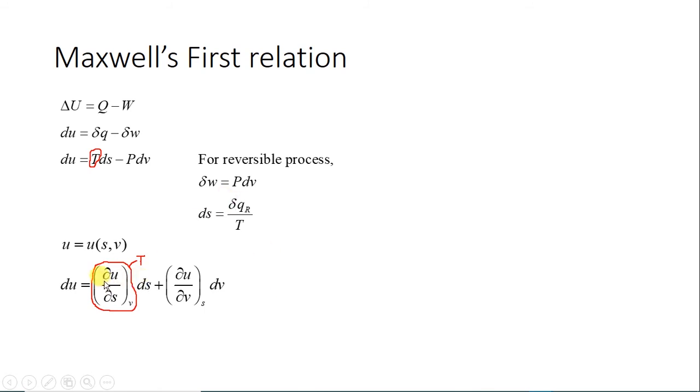So here now you can compare this part of the equation, compare these two equations. So dU equal to TdS minus PdV, and compare this one. You will find that ∂U/∂S when volume is constant is what? T. Similarly, when you compare the equation, you will find that ∂U/∂V when entropy is constant is what? Minus P. So again you can have the same relation, dU equal to TdS minus PdV.